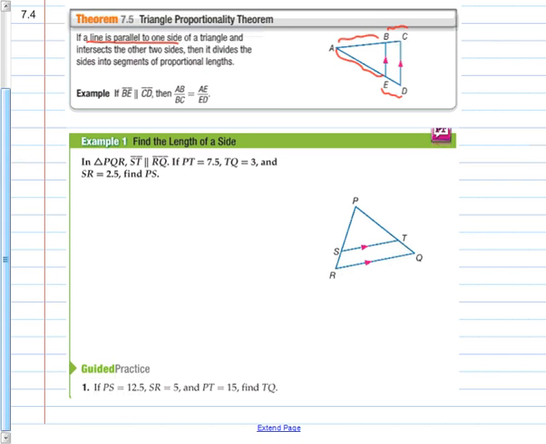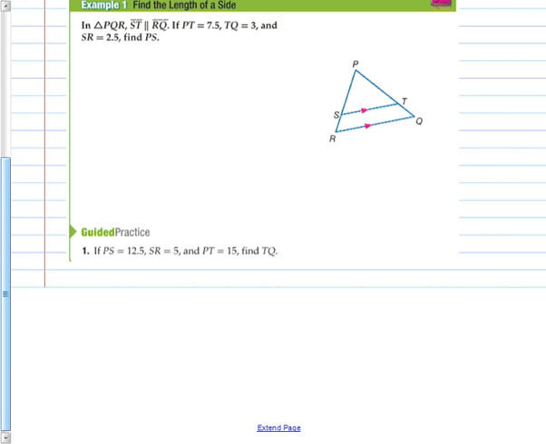So, down here, in triangle PQR, if ST is parallel to RQ, which they have marked right over here, we are parallel. If PT is 7.5, TQ is 3, SR is 2.5. They want us to figure out what is the value of PS. I'm going to call it X. I could say X to 2.5 equals